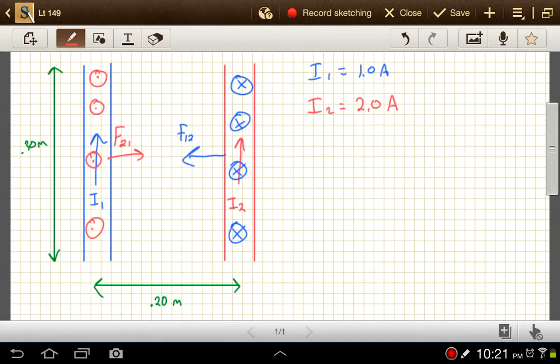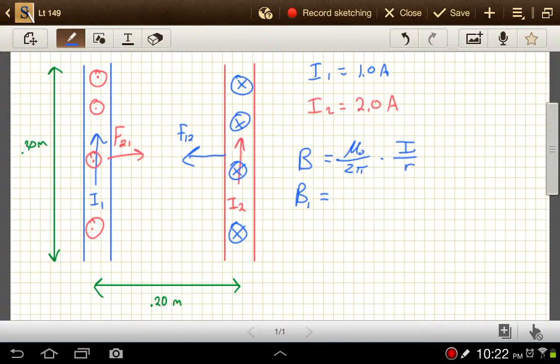Actually, I guess the magnetic field is created by I1, so we use blue. So the magnetic field in general, for a current carrying wire, is mu naught over 2 pi times I over R. So here, the magnetic field caused by wire 1 at the spot where the wire is, that's going